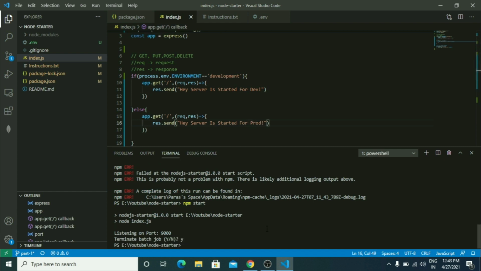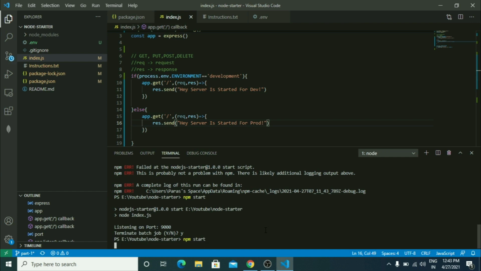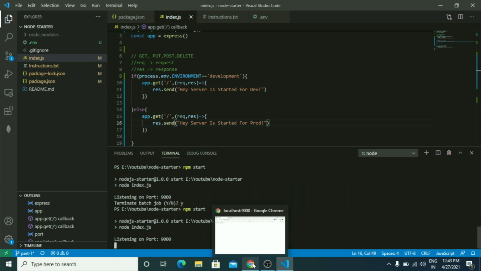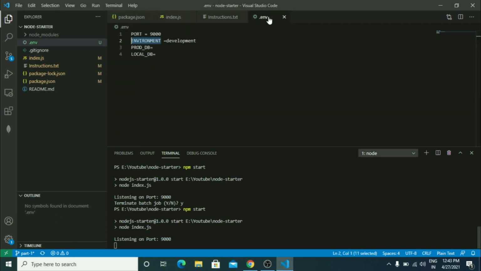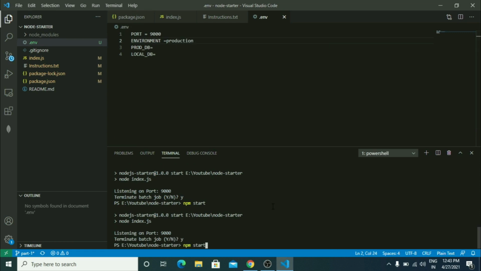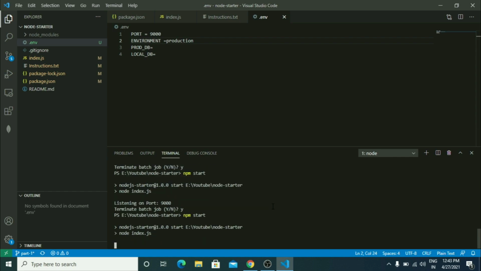Let's close the server and start it again. So 9000, right? It's for the dev environment. Now if I change the environment to production, it will hit the else statement. Now see, it's the production environment.